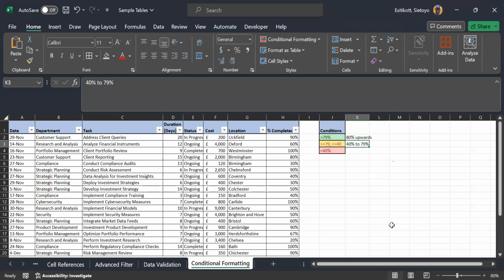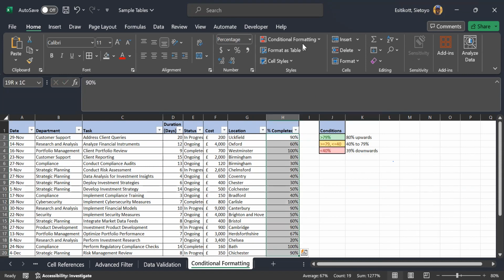I think that can be a little confusing at times. And then between 79% and 40% means greater than or equal to 40% and less than or equal to 79%. That one is actually very easy, it just says between 40 and 79. And then this one says less than 40%, meaning that it starts from 39%, not 40%, because it is less than 40%. So it starts from 39% downwards. All right. So let's go straight into it and write our conditions for Excel to format